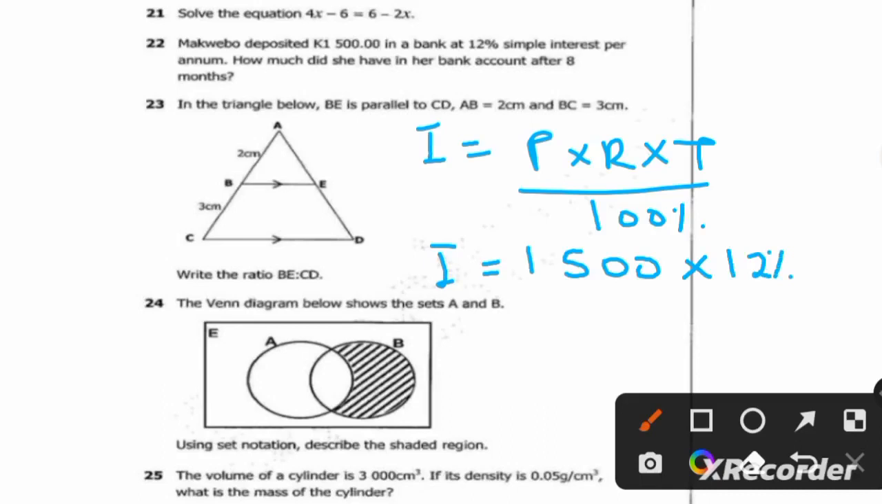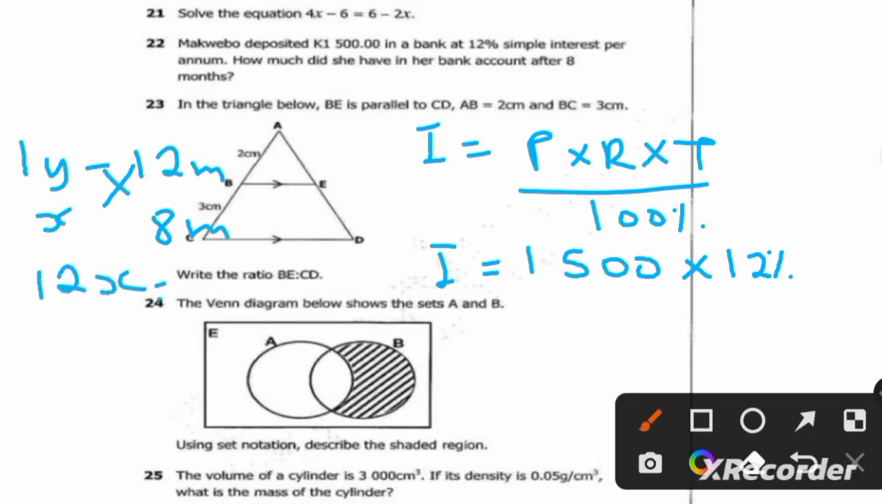The time, we are going to convert time into years. So we know that 1 year makes 12 months, and we are given, according to the question, 8 months. So we are going to do a cross multiplication. So 12x is equal to 8. Here divide by 12, even here divide by 12. So the value of x is equal to